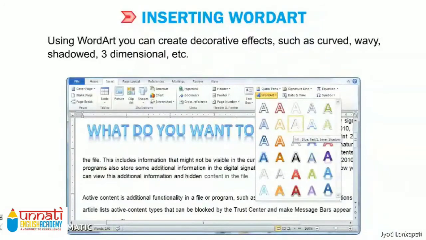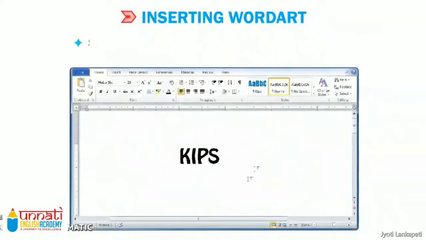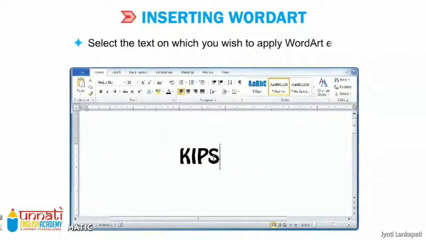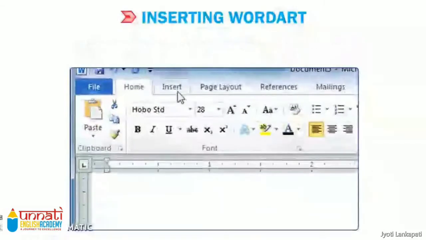So to do so, first of all, select the text on which you wish to apply word art effects. After that, click on the Insert tab.